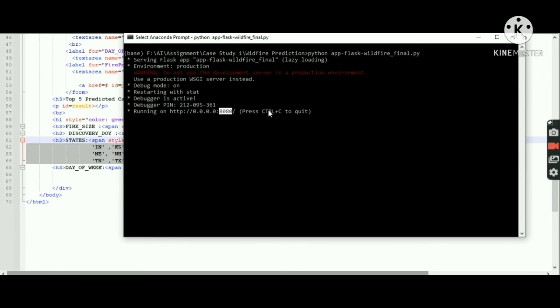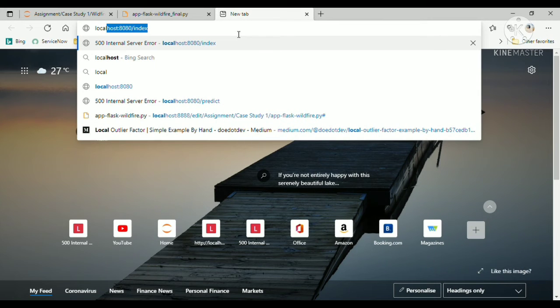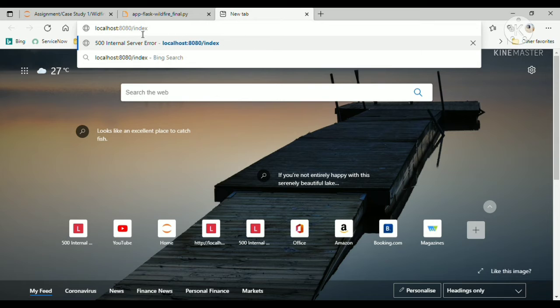Let's go to the web page. Localhost means our local server, and I have already explained that we are going to access that page using slash index, which will be pointed to the HTML web page. Let's see how it works.